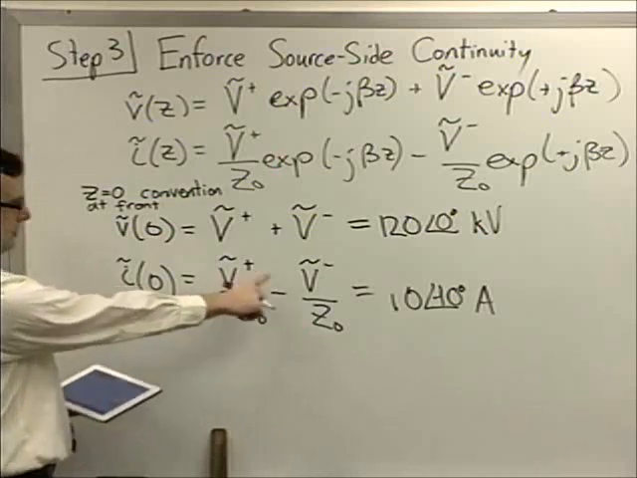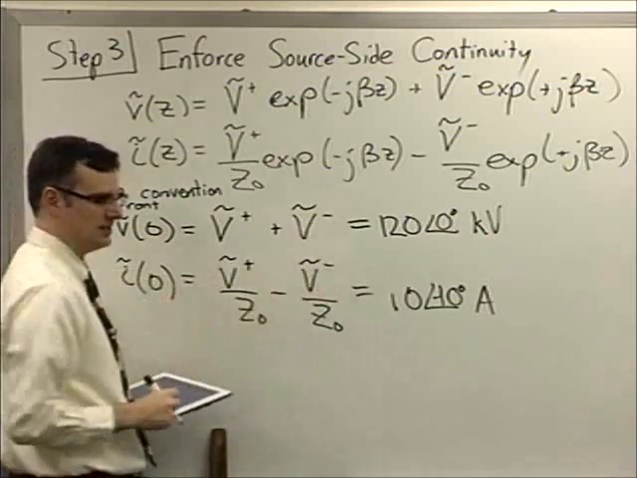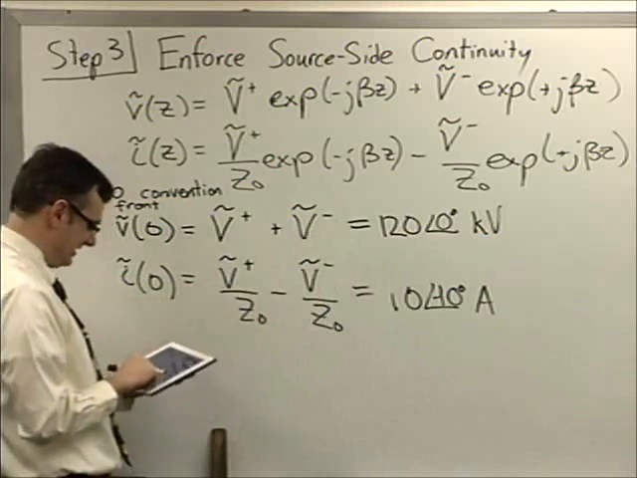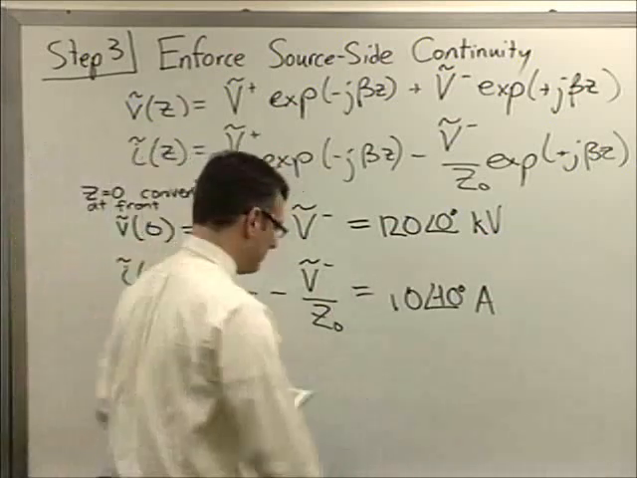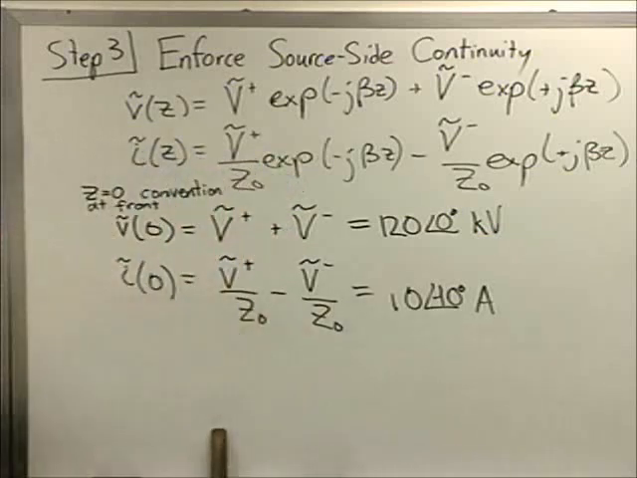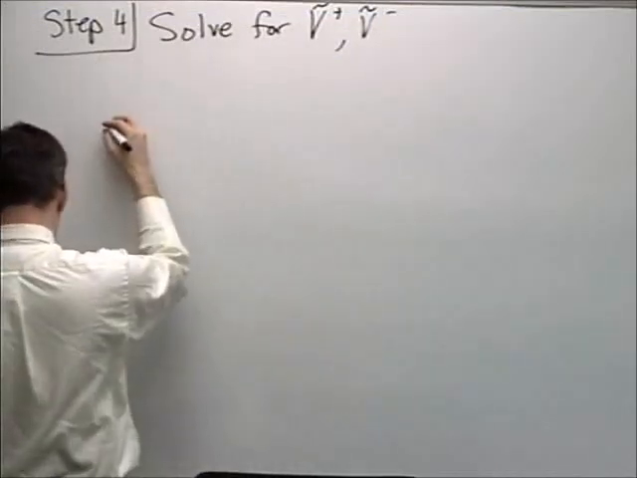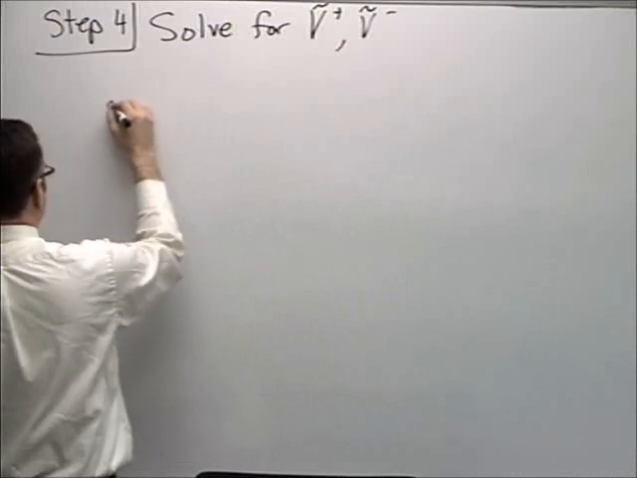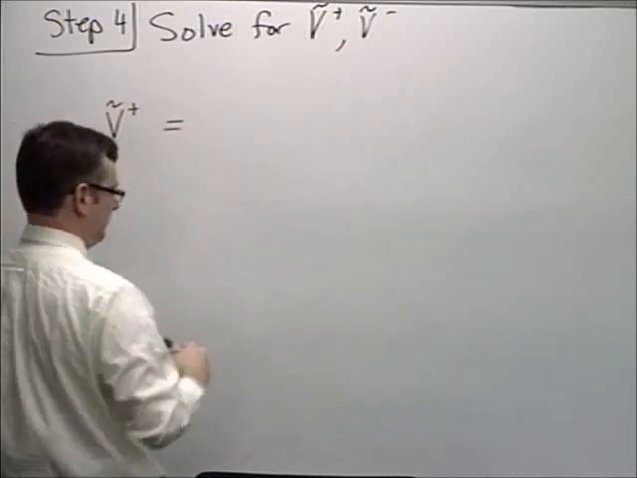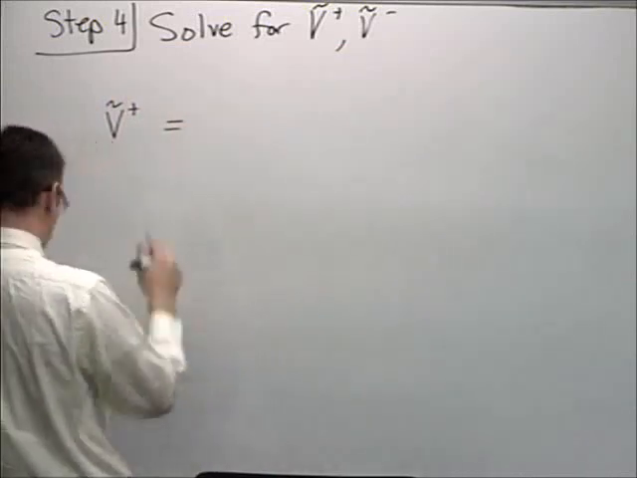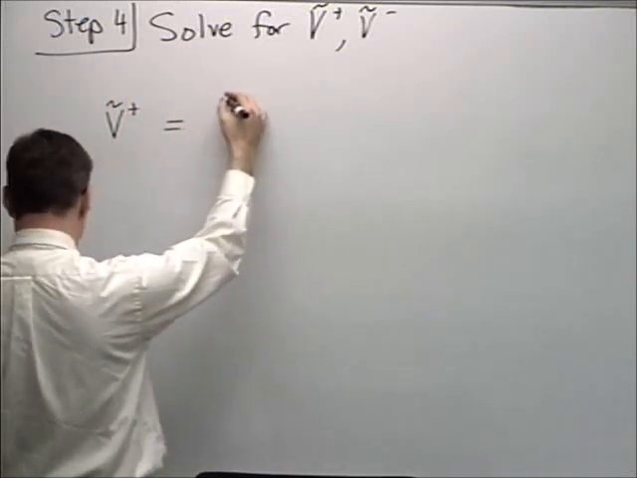We don't know what V plus is. We don't know what V minus is. But we have two equations, two unknowns. So that's the next step. Solve V plus and V minus. I won't go through all the gory details. The notes are online. But I put this in the Magic Professor calculator, and I get that my V plus